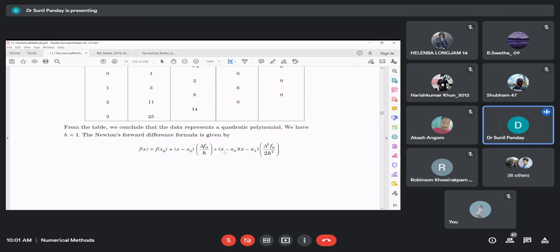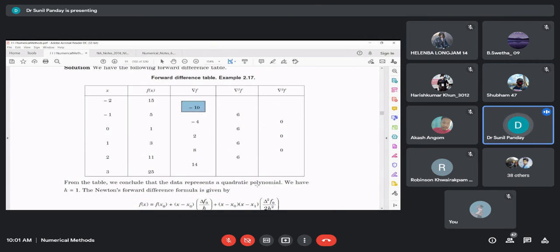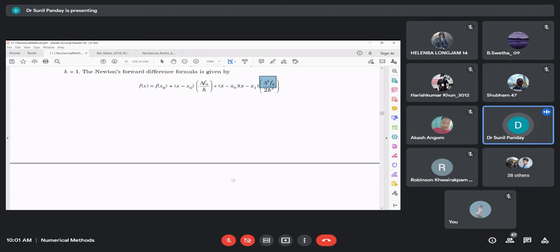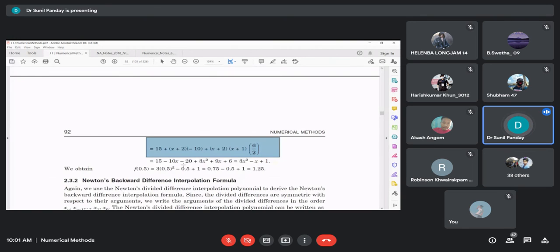Okay. So delta of f of x naught is minus 10. Delta 2 of f of x naught is 6, and others are 0. You substitute all this. So you can see that for equally spaced data, it is easy to find the interpolating polynomial. This is the polynomial, and the value of f at 0.5